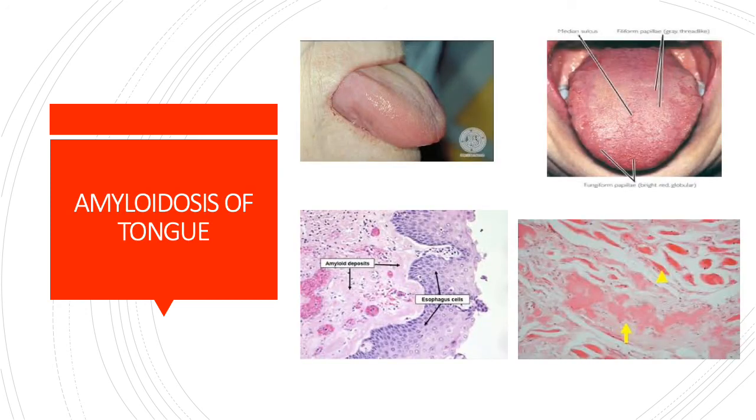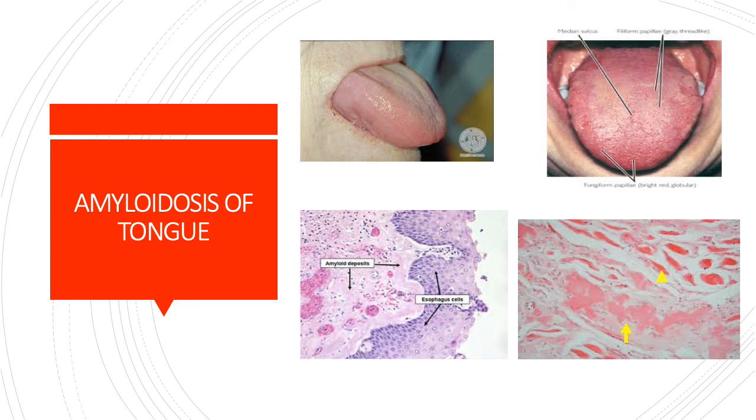Coming to amyloidosis of tongue, the tongue is also enlarged. So you see macroglossia, and you can see pale waxy nodules. As I mentioned earlier, any organ or tissue involved with excessive amyloid deposition would appear waxy and yellowish grossly. The cut section is the same. Microscopically you can see amyloid deposits in the extracellular matrix. Remember that. The special stain that can be used is Congo red, which gives a red color in light microscopy. So that completes amyloidosis.